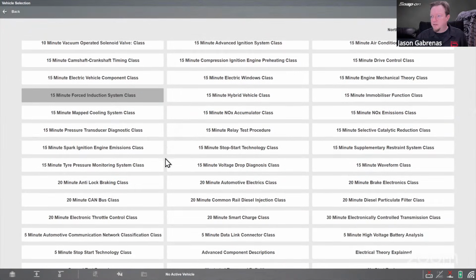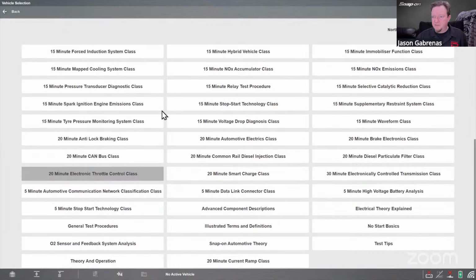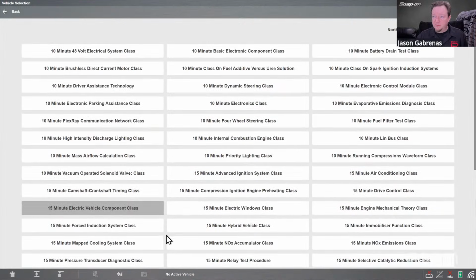Force induction, relay test, spark ignition test. All right, so there's a lot of good information in there. Should be some Evap related things in there as well. So